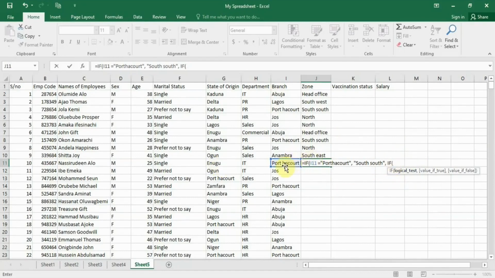Then if I11 is Lagos, remember say your text go dey in quote or else Excel fit no recognize am. If I11 is equal to Lagos, then the value if true should be southwest. Then comma,